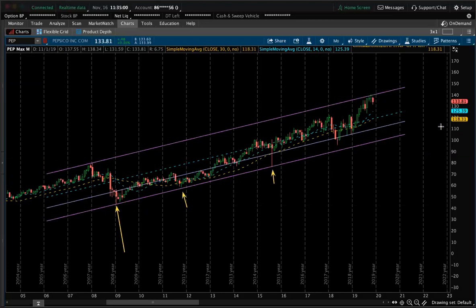This coefficient that I have going on here, this grayish purplish coefficient, is something I added within the channel. And then I also added this blue one as well. It just goes with my fibs and everything like that. There's no correspondence to the fibs with this. It just makes more sense. And I like to see if there's any other trend within this channel. As you can see, price got above the grayish purple line, almost touched this blue line, but it couldn't. So it came back down and touched the lower trend line.